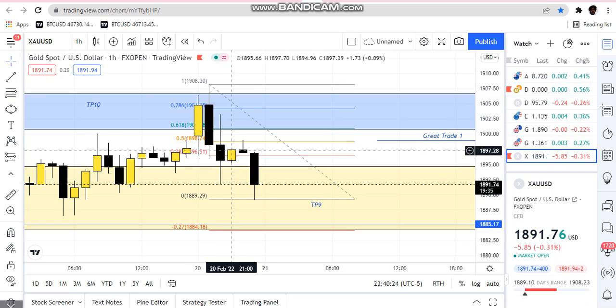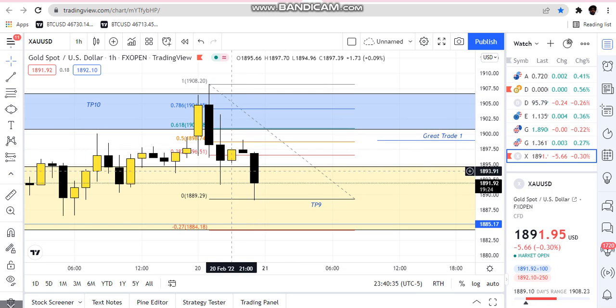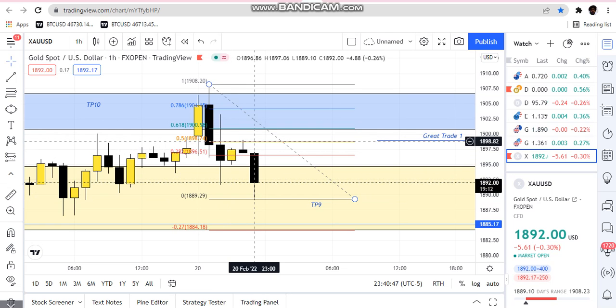Before price goes to take profit 9, it won't just keep making lower lows and lower lows. It'll go back up to the previous take profit 10 or close to take profit 10. It'll make a lower high, before it has to make structure first. You have to allow price to make structure, so if you have missed this trade, wait for price to make a lower high, back up to 0.5 on our